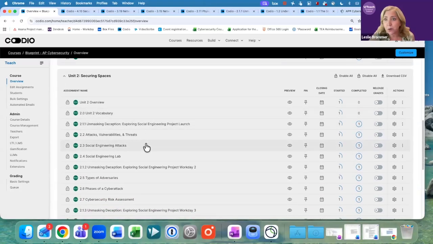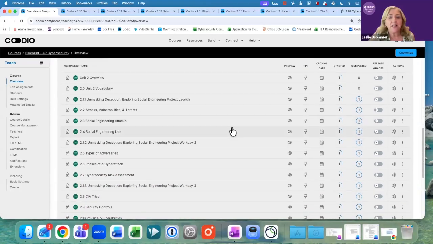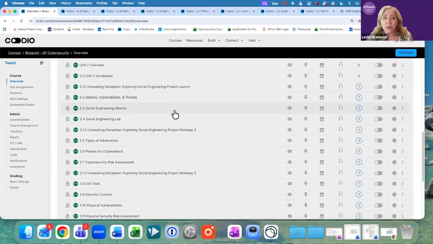Now, this is where we get into project base. Project base is just a pedagogy where at the beginning of the unit, you introduce a project with topics and skills that students will learn over the course of the unit. So when I taught with the UTeach curriculum for CSP, which started in Scratch, when we got to Unit 2, the project said, you're going to use Scratch to program. My students didn't have any idea what Scratch was. That's okay. You're going to learn it over the course of the unit.